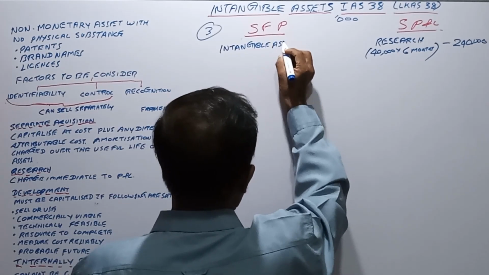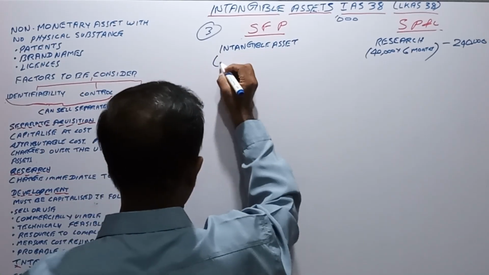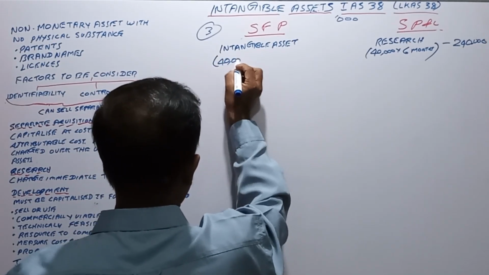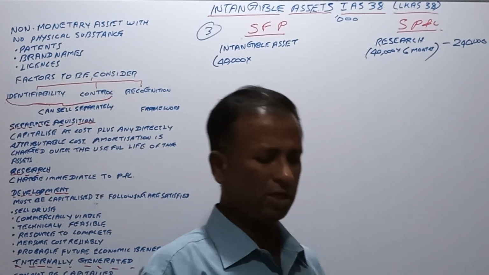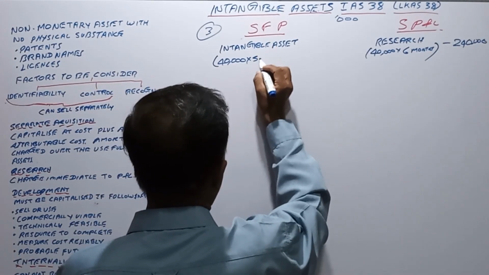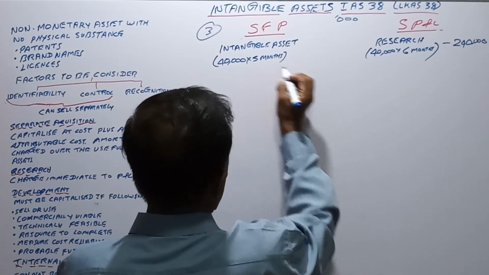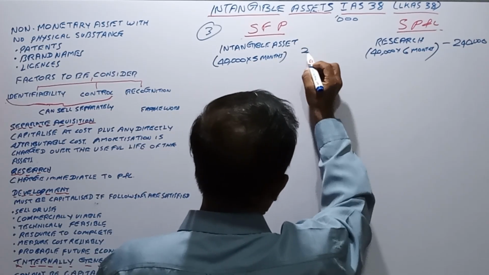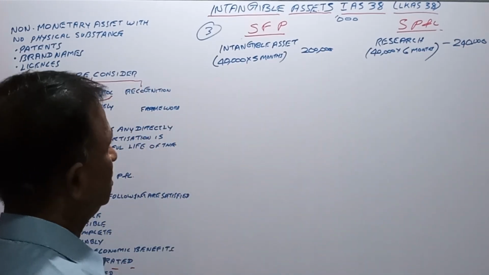as an intangible asset, that is 40,000 into how many months? August, September, October, November, December. 5 months, right? Fine. That is 200,000. Right? This is what